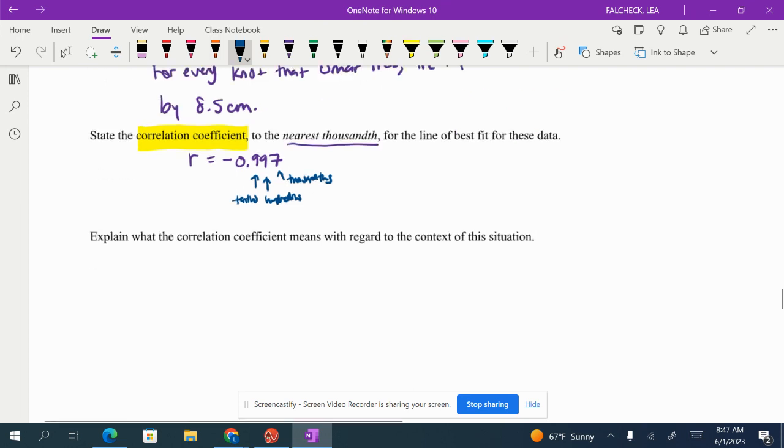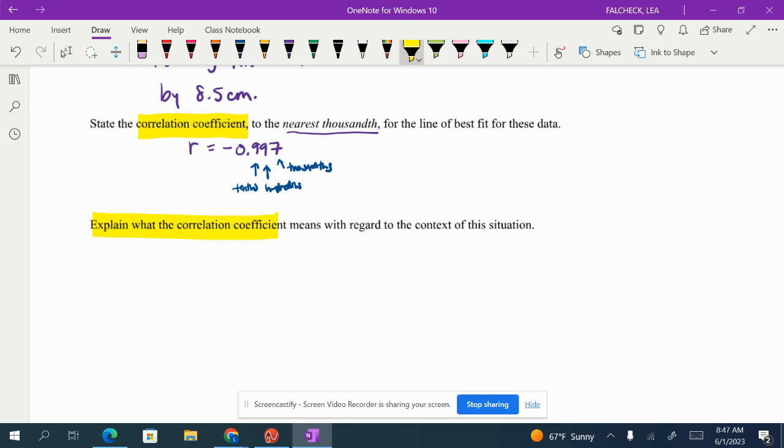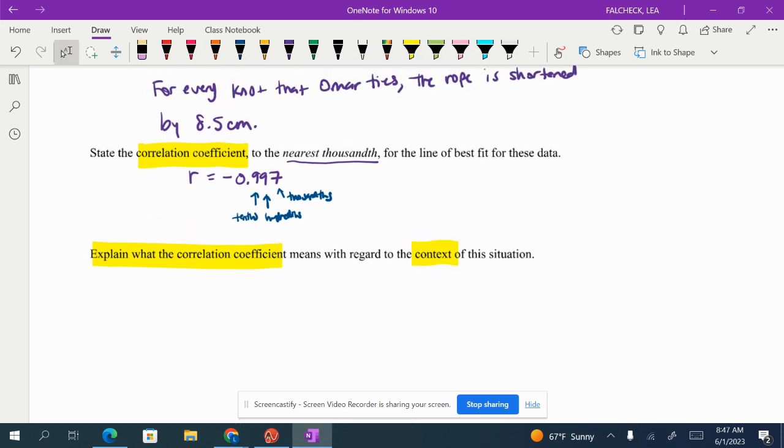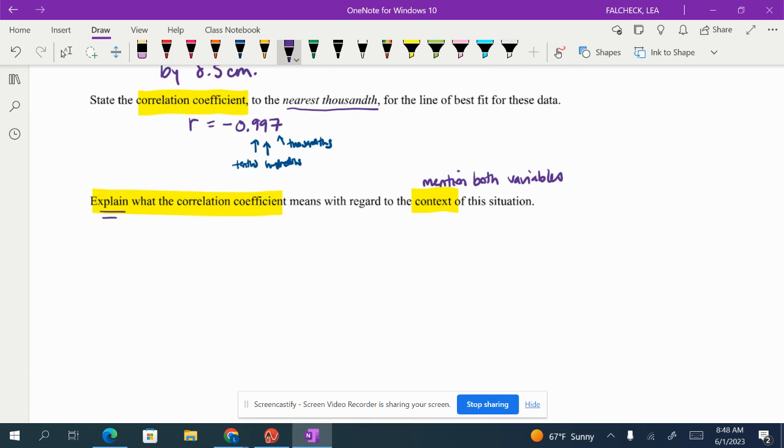Now, explain what the correlation coefficient means with regard to the context of this situation. So if we're explaining the correlation coefficient in the context of the situation, that means we're going to have to mention both variables. And we're going to have to use words to explain. Okay, so the correlation coefficient is